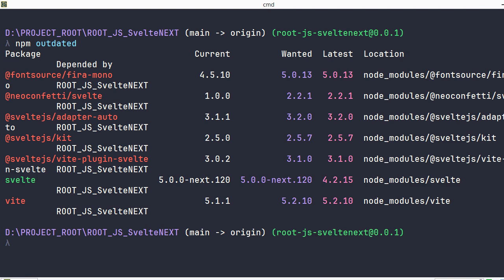And you see all the outdated packages that actually need to be updated on our requirement. But actually, my file 5 is already updated manually. But this is not about files. This is about how to show the outdated packages and install them. You see the red highlighted package is actually outdated. The current version of the phenomenal font is 4.5 and the latest version is 5.0.13, as well as